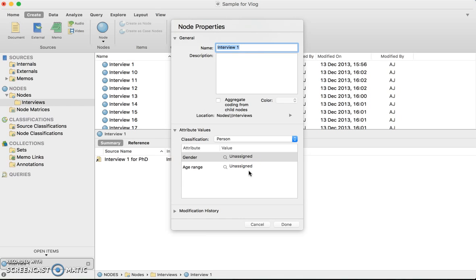So it's difficult for me to then identify later on which of my respondents were female, which of my respondents were male, what were the age ranges, etc. So the demographic data has not been inputted. So all you do now is you double click on the unassigned, click on the X box, and as you can see, additional information will now become available. So for example, if I click female, double click on that,